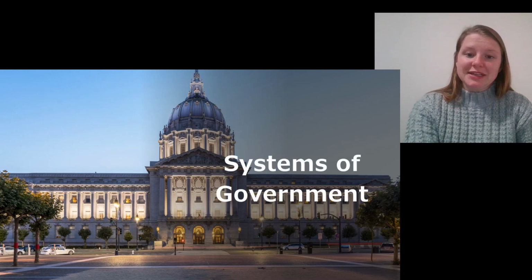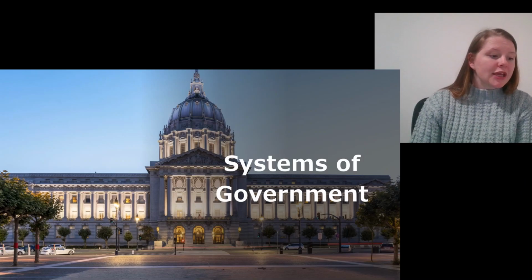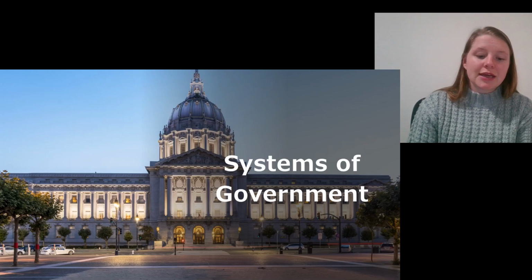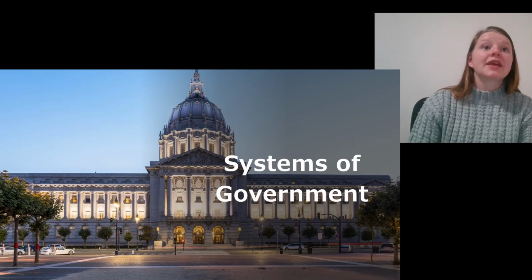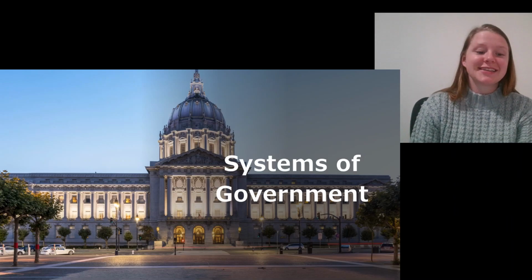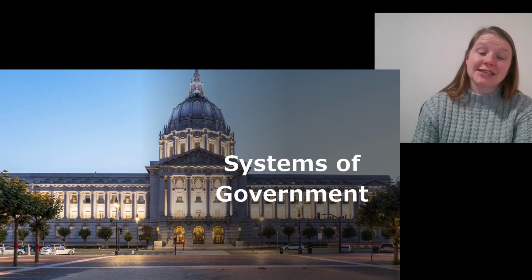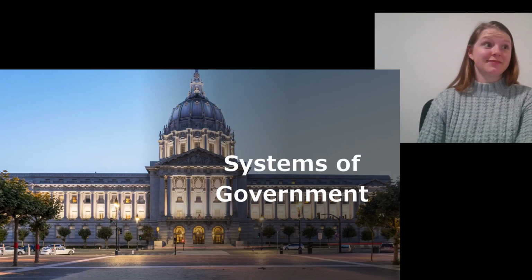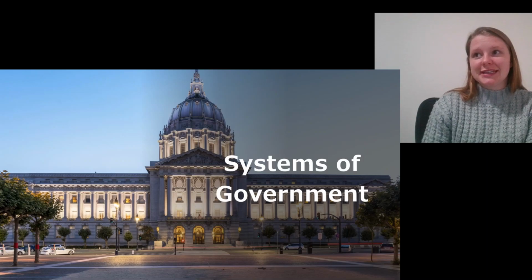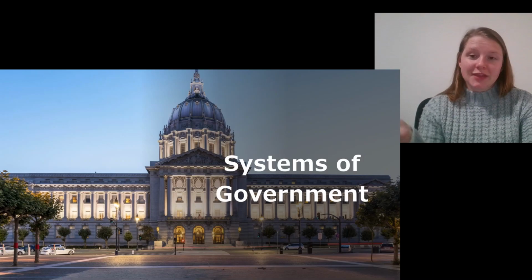Systems of government. Real quick, before we move on, can anybody tell me what percentage of power do people in a democracy have? Yes, Aaron. Good job. They have 100%. Yes. Okay, what type of democracy does the United States have? Anybody? They have an indirect democracy. Make sure to write that down because that will be on a test, okay? Now back to the slides.